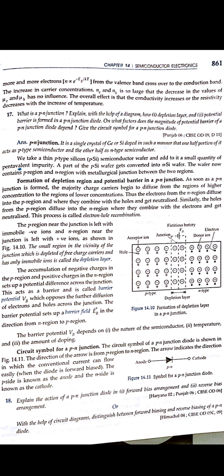But when they are diffused over each other, a single silicon crystal is doped on both sides, one side by a trivalent impurity and the other by a pentavalent impurity. The pentavalent impurity will make it an n-type semiconductor, and the trivalent impurity will make it a p-type semiconductor. So on both sides of the edge, the electrons and the holes will be diffused, due to which a junction is formed, which is named a p-n junction, that is, the p-type semiconductor and the n-type semiconductor